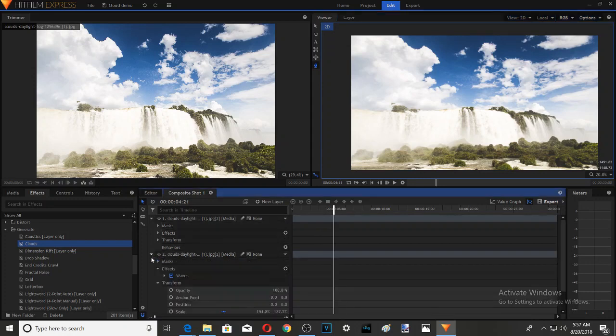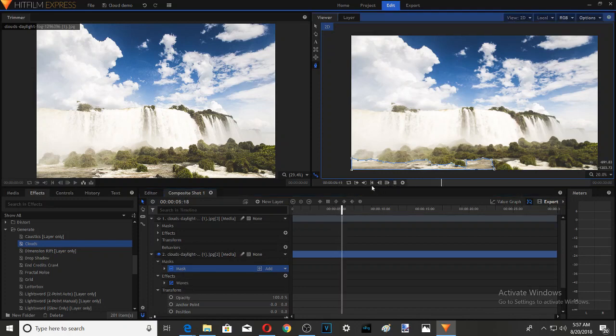So on the second one, I've added a mask. So let's turn this on. And so you can see the mask. I didn't do exactly through here. I'll probably go back and fix that. But now if we turn that on, we also added waves to it. So if I hit play,